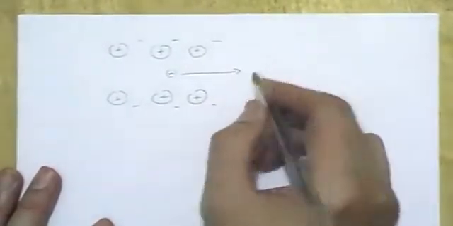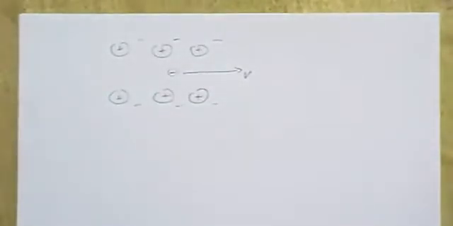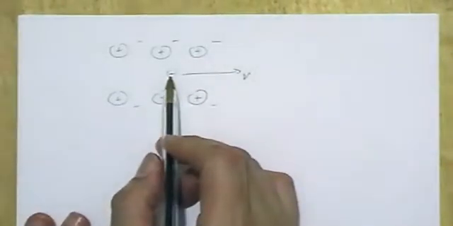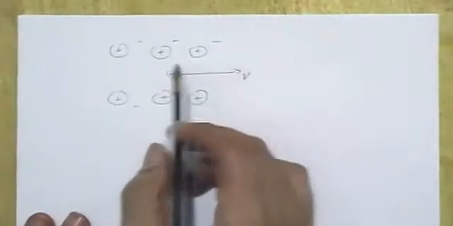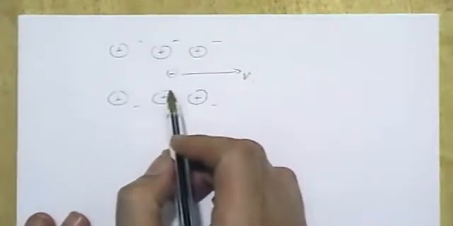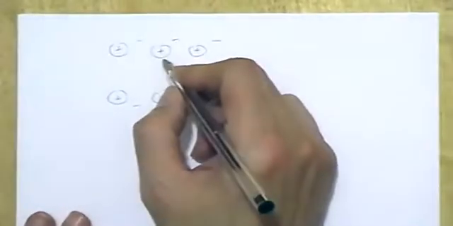It zooms past these ions with a certain velocity v. Suppose that at this instant it is here. Then it would exert an attraction on the two nearest ions. So as a result, these two ions